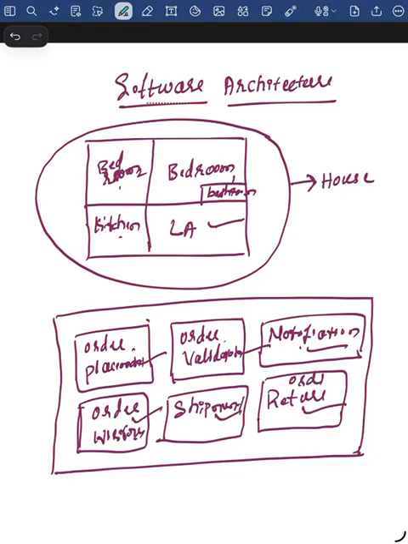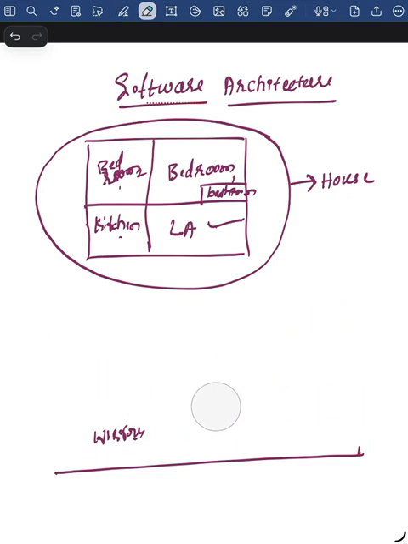So each component says what it is doing. It takes care of the order placement. This takes care of the validation. This takes care of the notifications. Each component is serving a purpose here. So when it comes to a real enterprise example, how are these manifested? Now we have understood these are the components. When we bring this into a real enterprise system, these are manifested in terms of